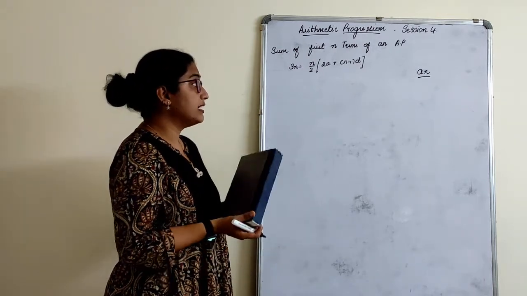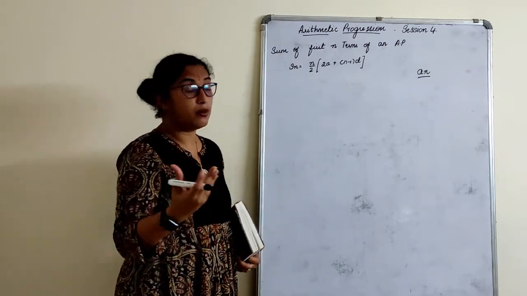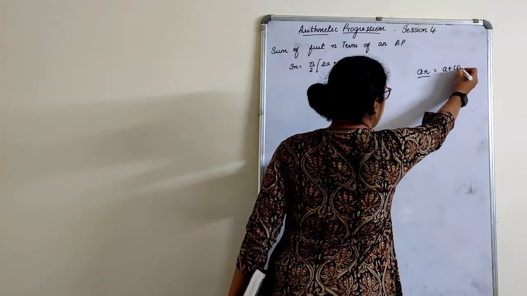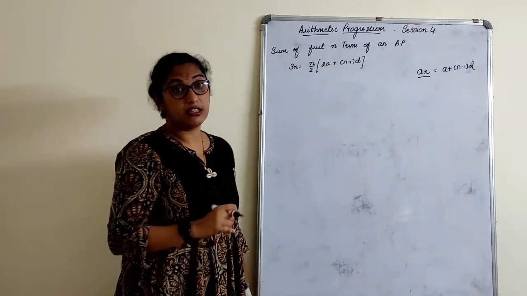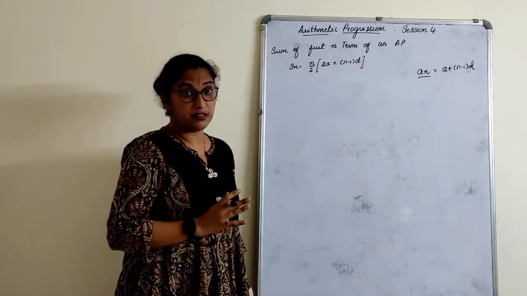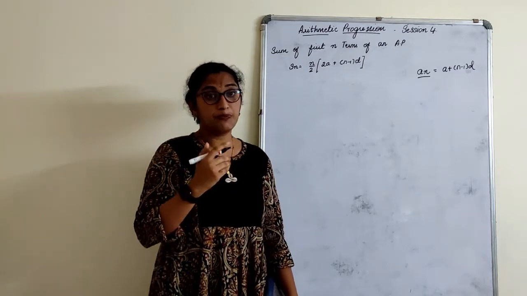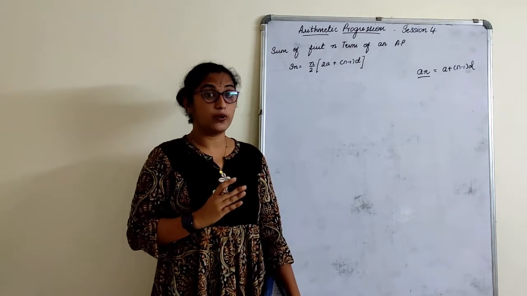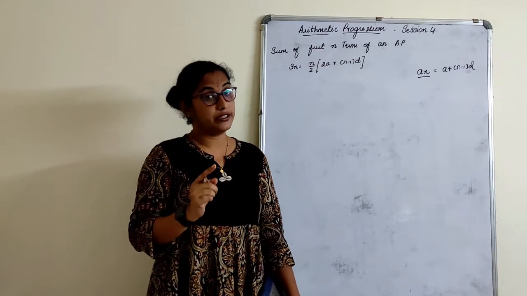Now, when asked to find the number of terms of an AP or the nth term of an AP, we apply the formula a plus (n minus 1) d. When asked to find the sum of the n terms of an AP, the sum of the terms, we need to use the sum formula. So very carefully, once we start this exercise, start reading the questions from this exercise and the previous exercise. You will come to know the difference.